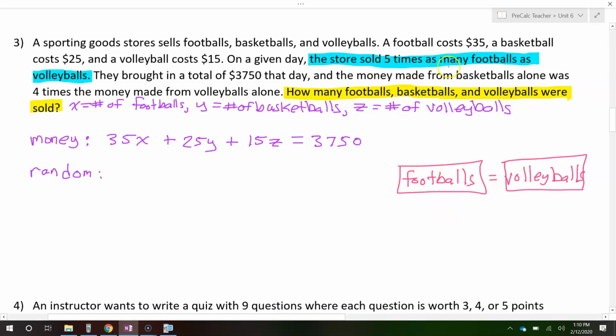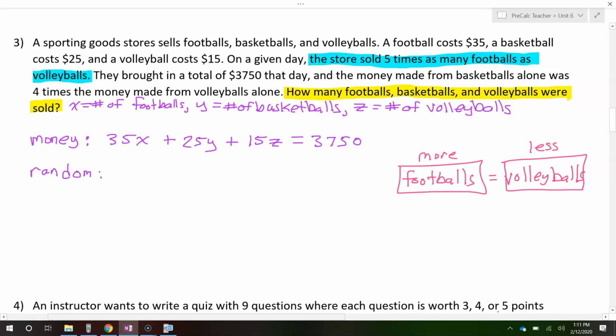It says 5 times as many footballs were sold. So can everybody agree that there's more footballs? Okay. So where do I need to put this 5? If I want to throw a 5 in the equation, where's it going to go? It's going to have to go on the volleyballs. Is that what you guys were saying? Yeah. Okay, because